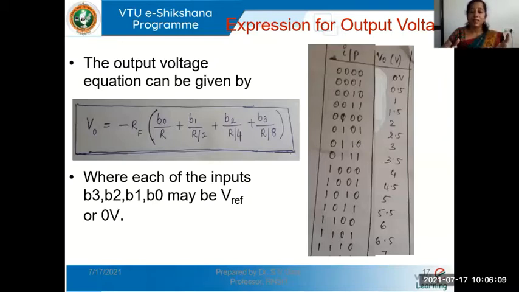So we have very effective, very good digital computers today, very good processing devices, digital signal processors. So we will convert the analog signal which we measure physically into digital. We'll process it in the digital domain, and again we will convert it back to analog so that the user will get to know what has happened to the signal. Maybe transmitting the signal, maybe doing some other process with the signal, anything.